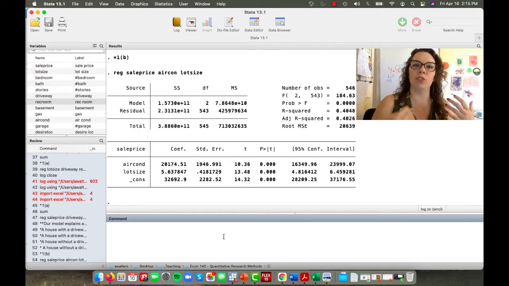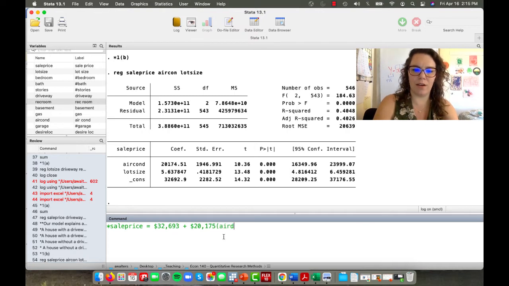Rather than ask you to interpret, I want you to write out the equation, which means I want to see the expressed form of these estimated coefficients. So what we're really saying here is that the estimated sale price is equal to the constant, $32,692, I want to say 693, plus the coefficient for air conditioning, $20,174, let's say 75, round up,